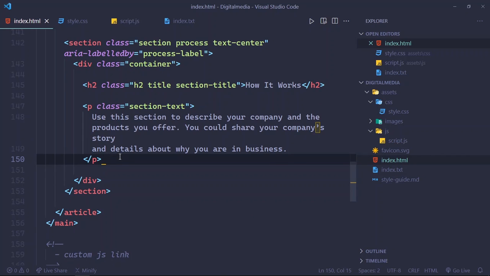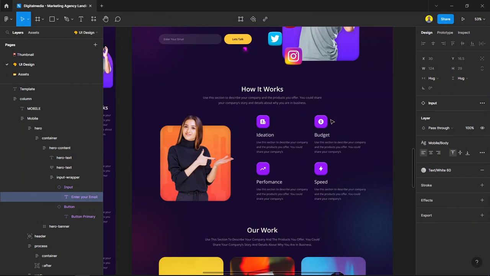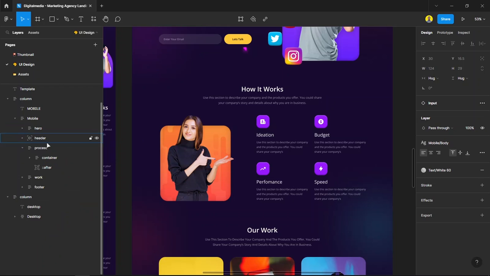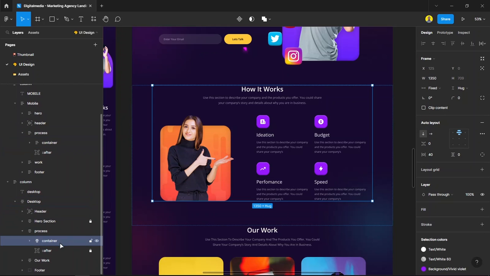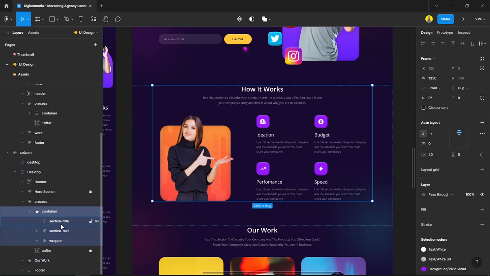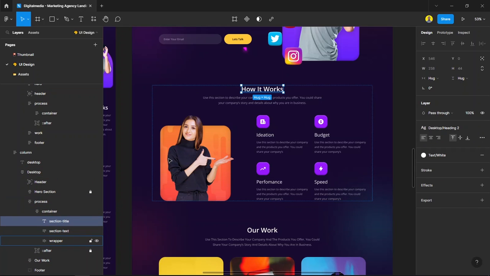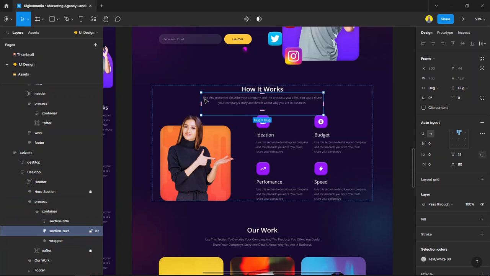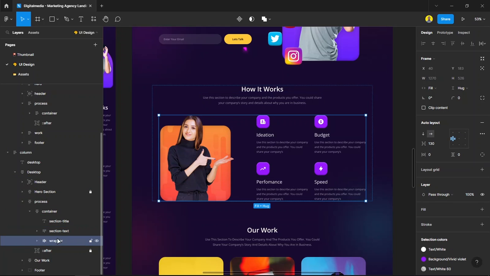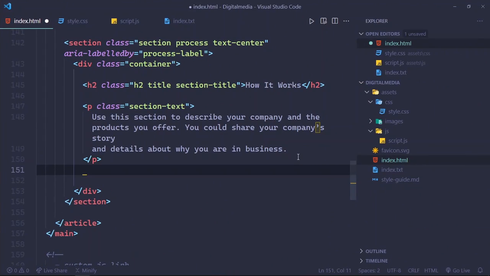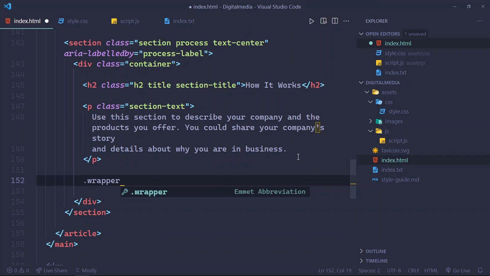And then let's see what next. Next is process banner and some cards. So for the process banner, we need to create a wrapper. You can see here is the process, and here's the process container, and inside the container we have a title that we created earlier and the section text, and after that here's the wrapper. Let's create this dot wrapper,